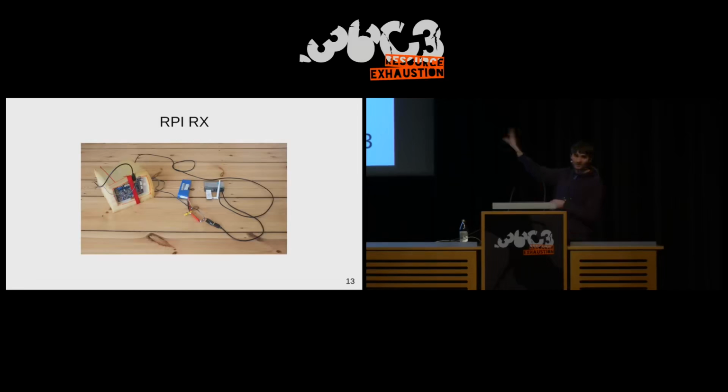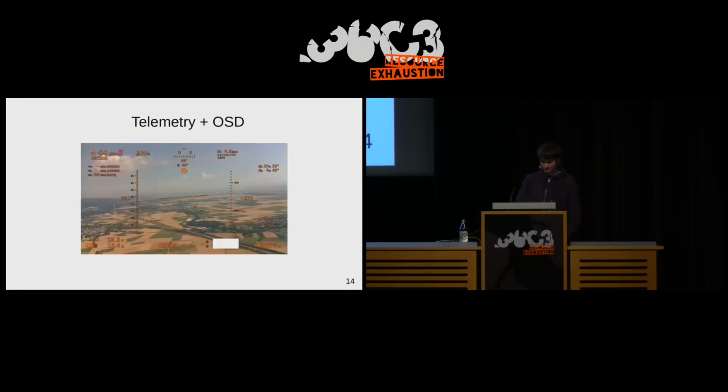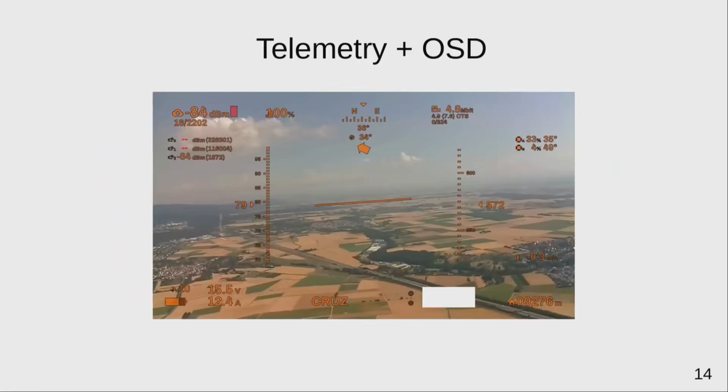I have the components in the pockets of my jacket, goggles on my head, and this is enough to fly around. This is an example of the OSD display. Here you see basically everything that might help you to safely get your drone back home, like receive signal strength, battery status, artificial horizon, distance to your